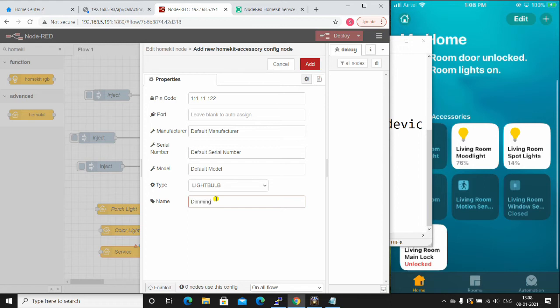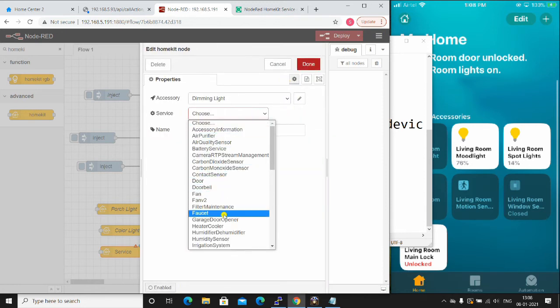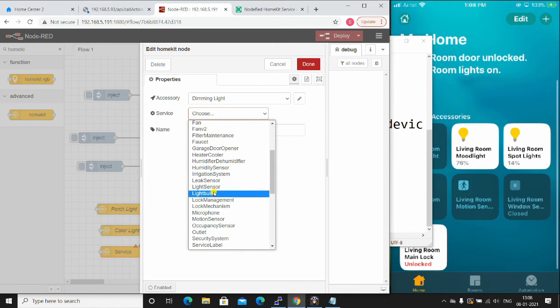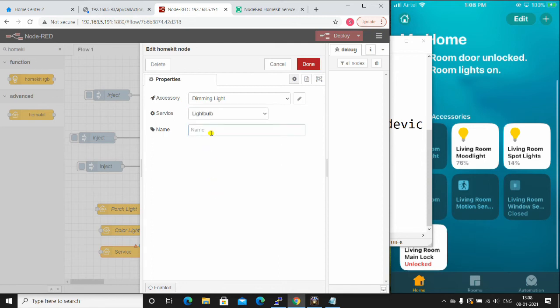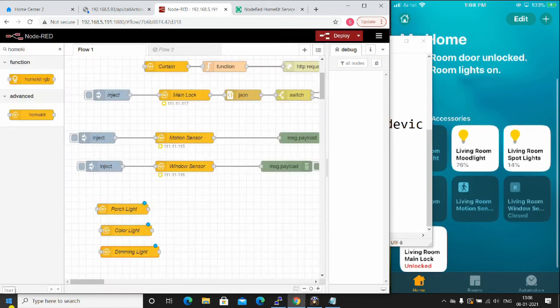The name will be dimming light. Yes, I have added all three lights.